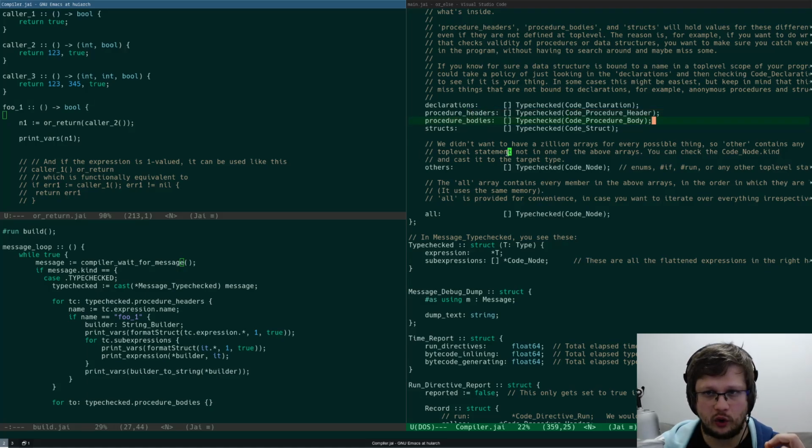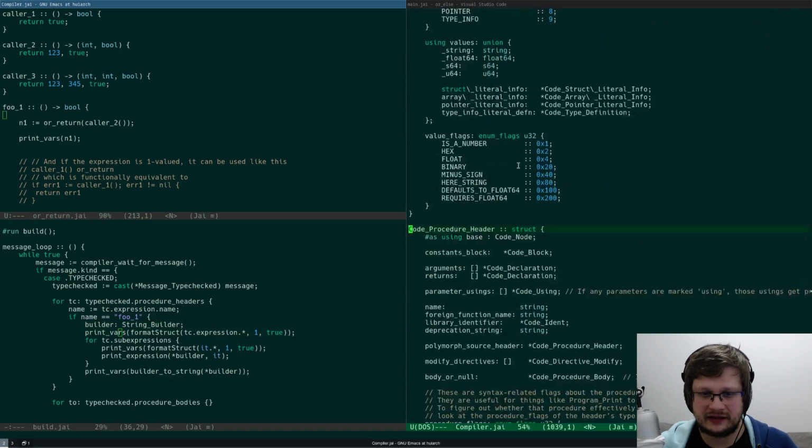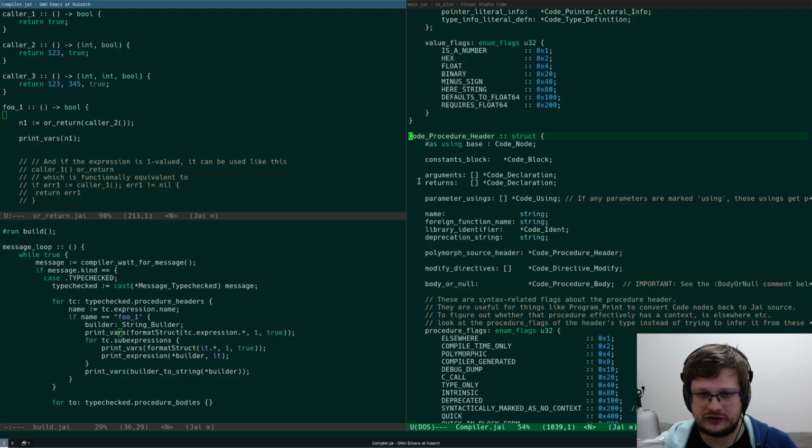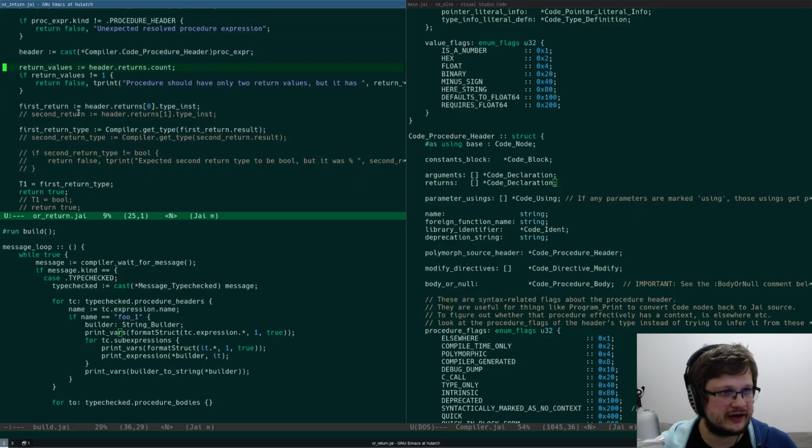I think they always go in order, right? And so I get the procedure header. After that, the procedure header has the returns, which I need to grab. I actually have the code for grabbing the returns from procedure header, like here.